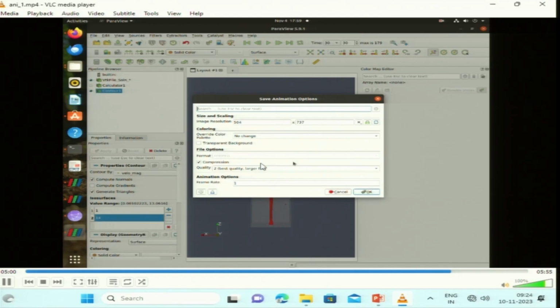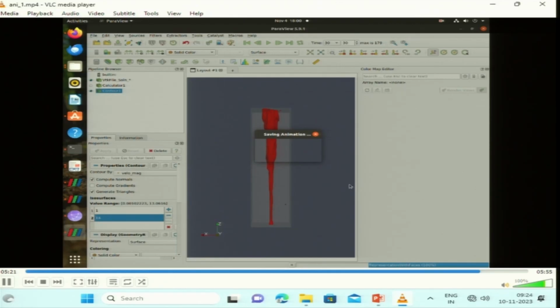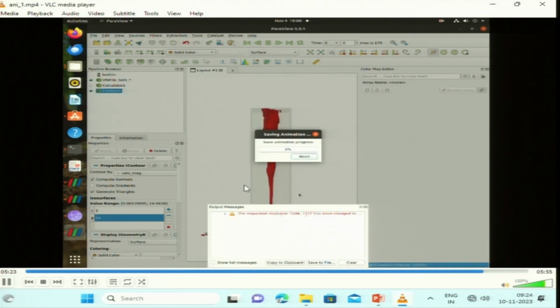Now, you can change the background color also. Here the background color is something like gray. So, if you want to change this color to a white background, it will become white. And here you can change the frame rate also. Here it is given 1. So, you can put any frame rate like 10, 15, whatever you would like to. Now, it is creating the animation.